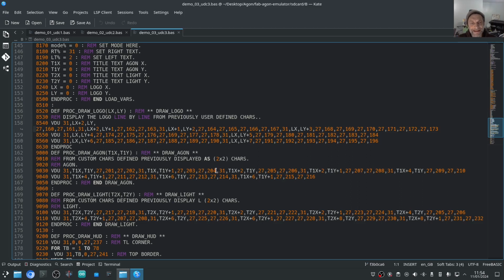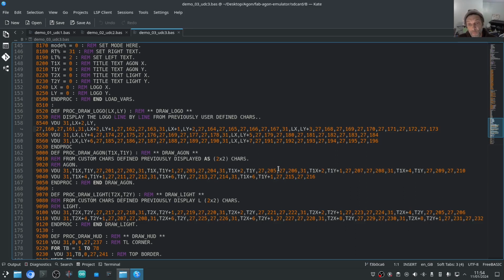So that gets the A sorted with 4 VDU statements and 2 print tabs. And then we go on again, we position the print tab statement, then positions it +2, just so it goes after the A, 1 character, 2 characters, and starts the G. And then we do the print character statement